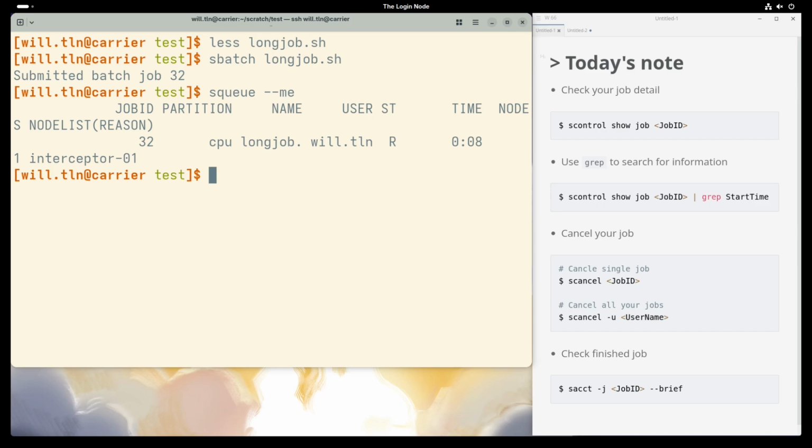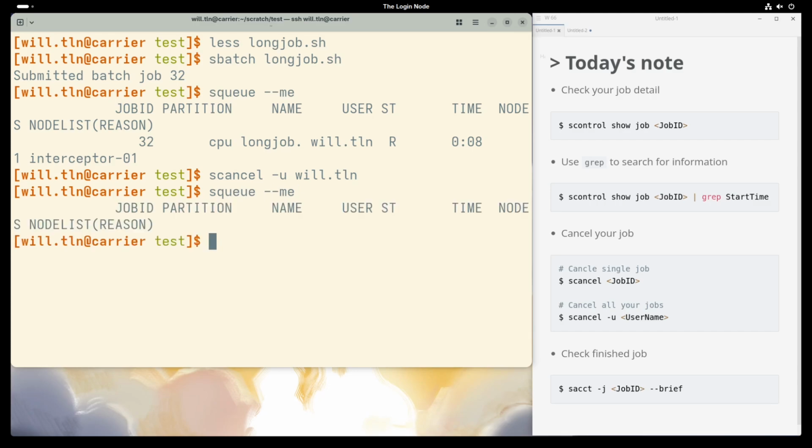Scancel -u user ID to kill all of your jobs at once. This is your emergency brake. If you make a mistake, please clean up your mess.